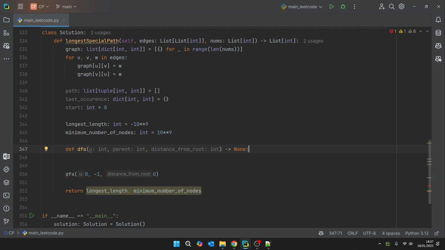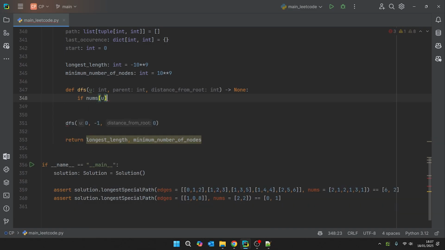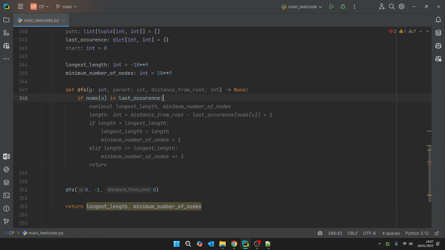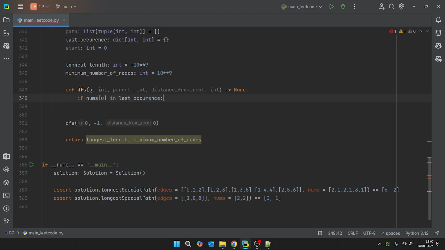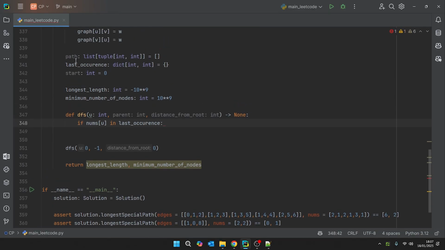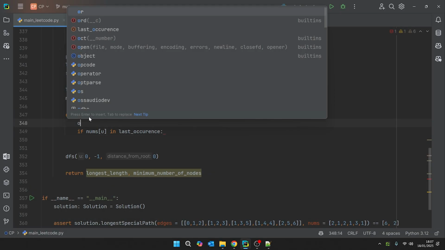The first thing we'll do is check if we've seen the color of u previously. So basically, if nums u, which is the color of u, is in last occurrence, we want to do stuff. We want to be careful because we want to update the special path, maybe path, the start variable, and last occurrence. But at the end we want to backtrack everything, so that when we come back to the parent of u and look at other children of the parent of u, we get the variables the way they were. So we need to have a variable which is old nums u